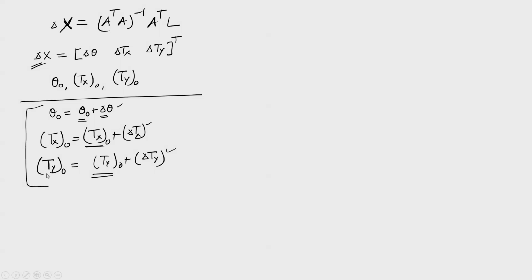I will use this new set of values and perform the same calculation, where I will use this formula. That means I will reconstruct the A matrix, reconstruct the L matrix, and find delta x again. Again, it will give me some corrections, then again I will update values, which the second time I find out. Now, this process will continue till corrections become very, very small. That means there is no improvement in the corrections, there is no update in the theta 0 value, and as a result, whatever theta 0, tx 0 and ty 0 I get after n number of iterations, I will say that is the final answer. And this is the way we handle nonlinear problems by the observation equation method.